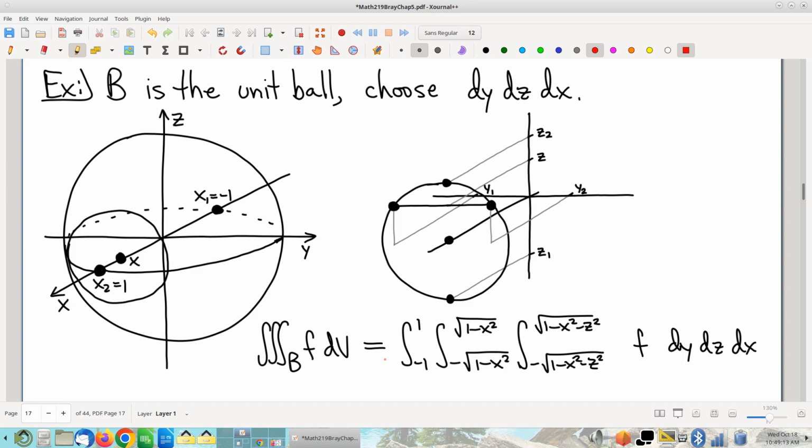So let's use the shadow trick, right? The projection trick, to see if that can save us some trouble. Now, just to be consistent with what I've already got on the page, let's think about the projection, the shadow of this solid in the XZ plane. Whether it's easy to draw or not isn't really the point, but it's certainly easy to understand that the shadow of a sphere in a plane is going to be a disk. Right? This is a ball of radius 1, so that shadow is going to be a disk of radius 1,